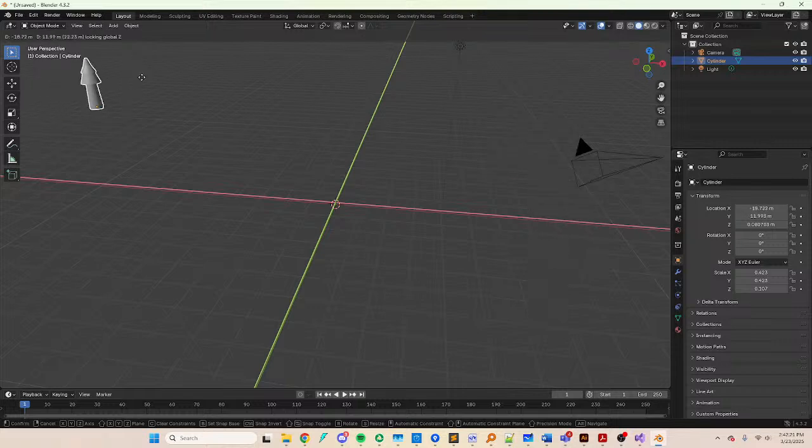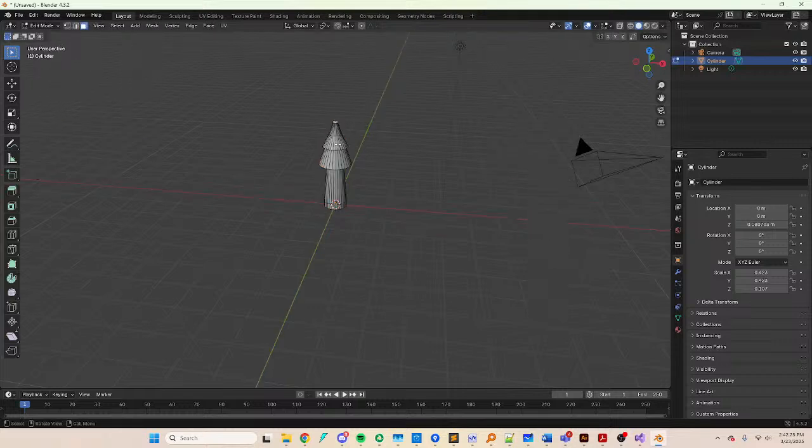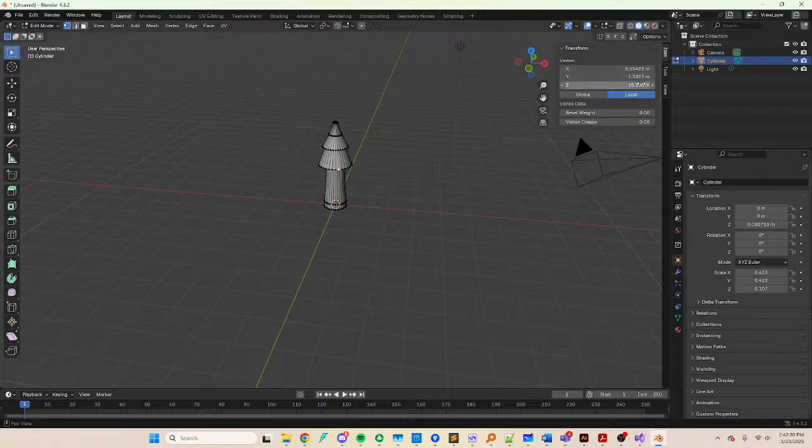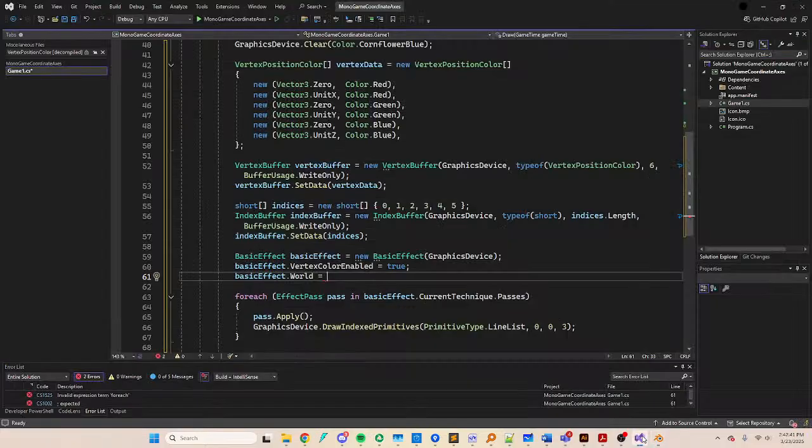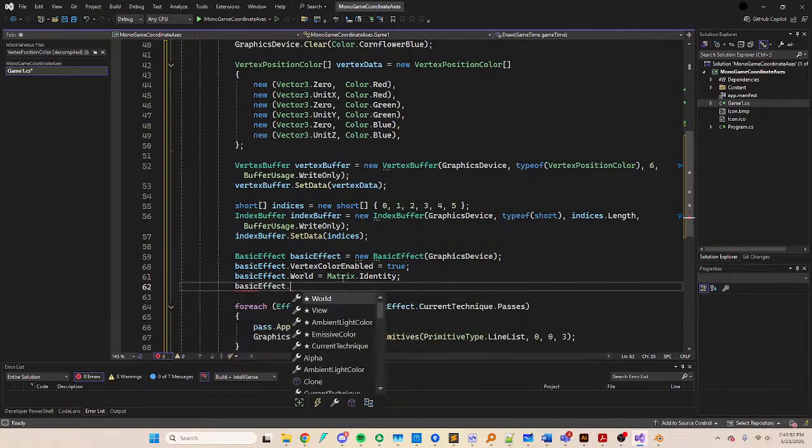So it takes coordinates that are like this, around the origin, and moves them out into the world where they should be for them to get rendered for this particular occurrence. In this case, we don't actually want to do anything, so we'll just use matrix.identity, which is a matrix transform that says do nothing, and then basic effect dot